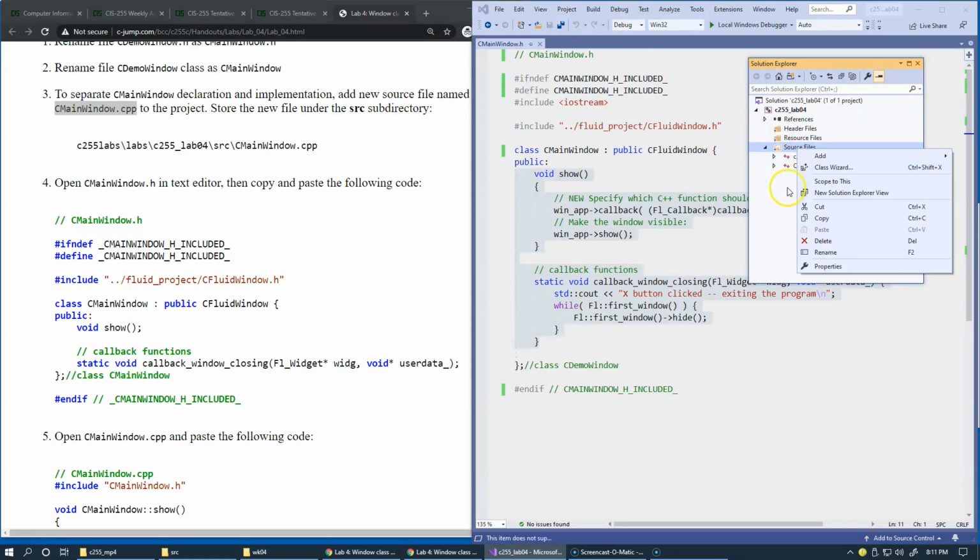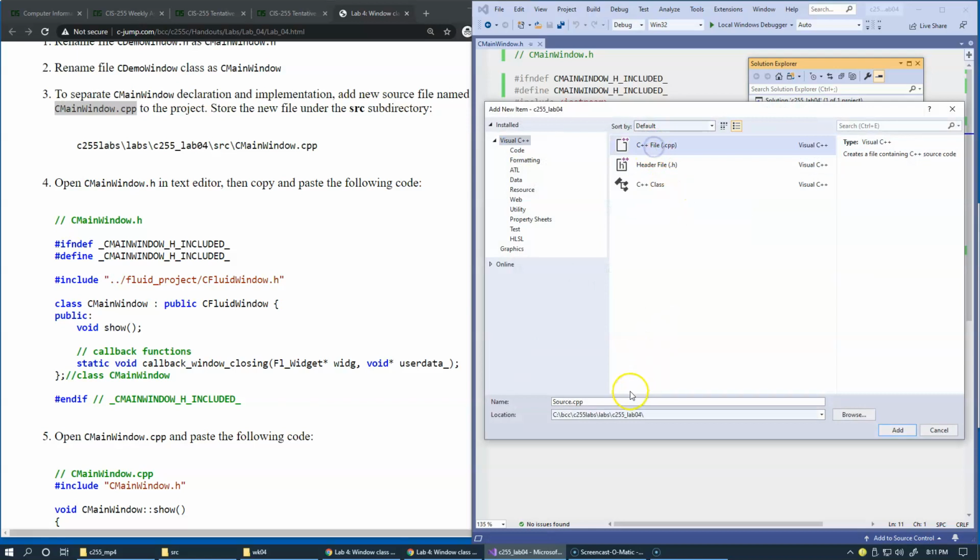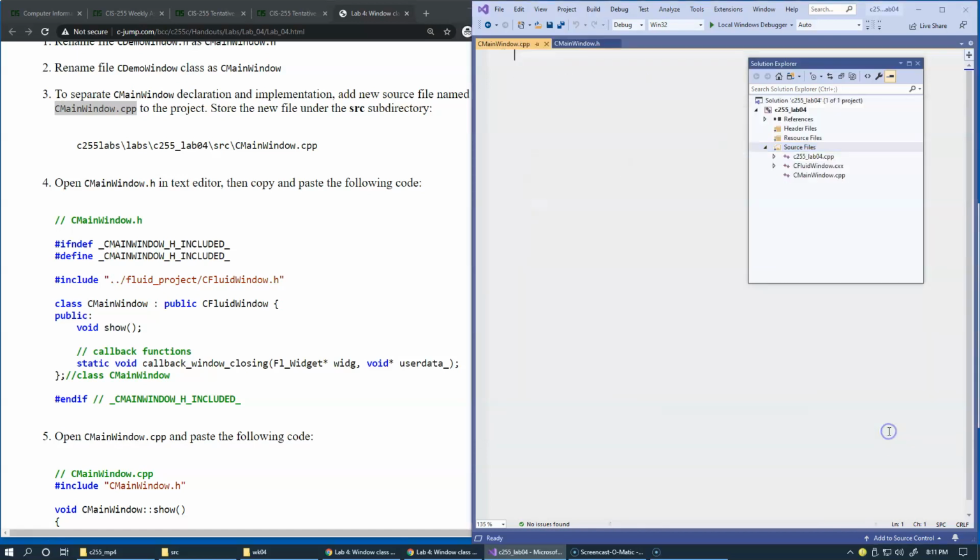We're going to right click and say add new item, brand new file, cpp file, and just name it main window.cpp. Remember to add source to the path, because that's where we want to keep this file. Just remember that all of the source files should be kept under a subdirectory within the project. So anyway, we click add. So this is an empty file,